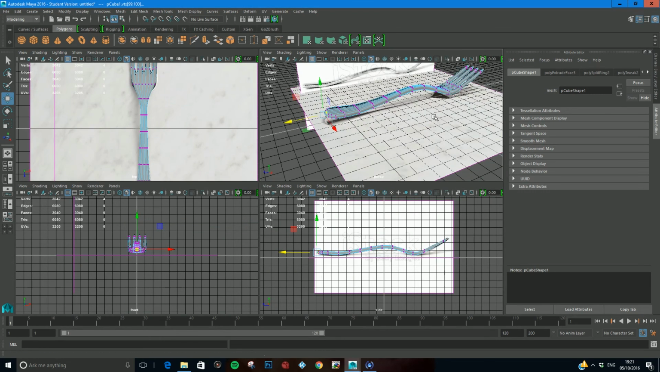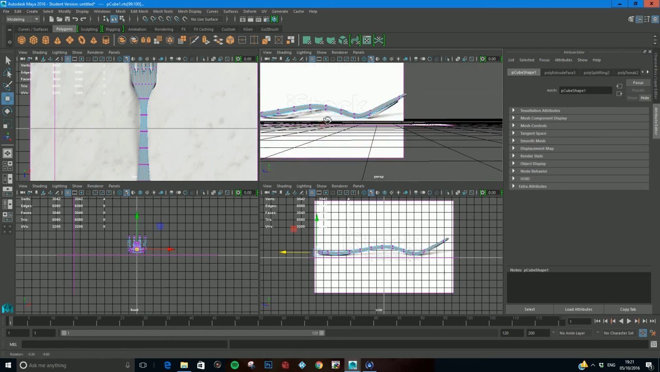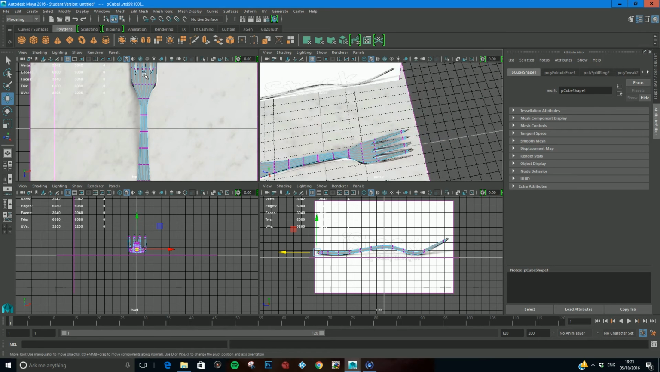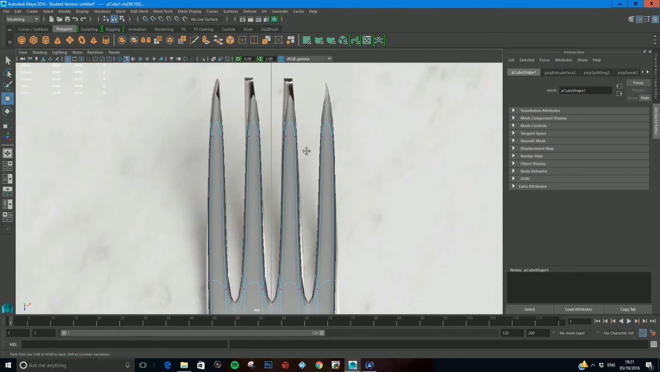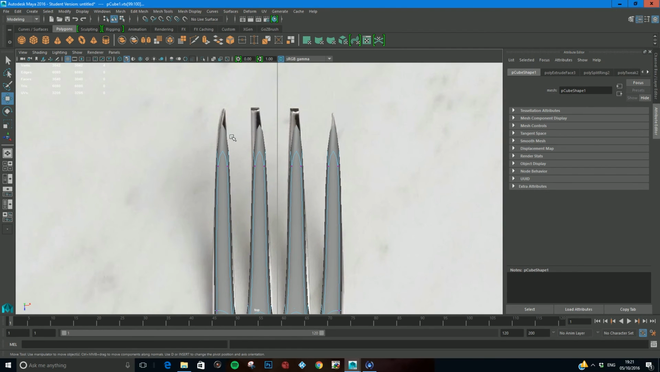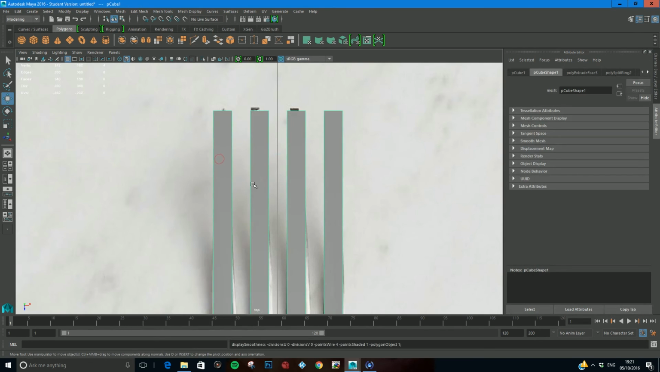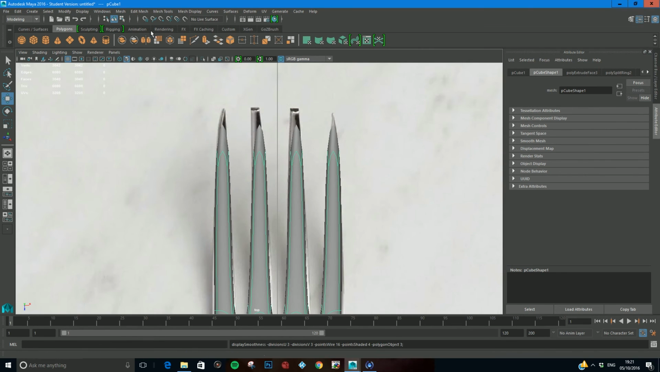I think the only thing now that we need to look at is if we look at the end of these fork prongs, these are very sharp in comparison to this. So that's because we've smoothed it. If we go back to object mode and click 1, this is what it looks like, very sort of blunt. But when we smooth it, that's what it does. So if we come to mesh tools,